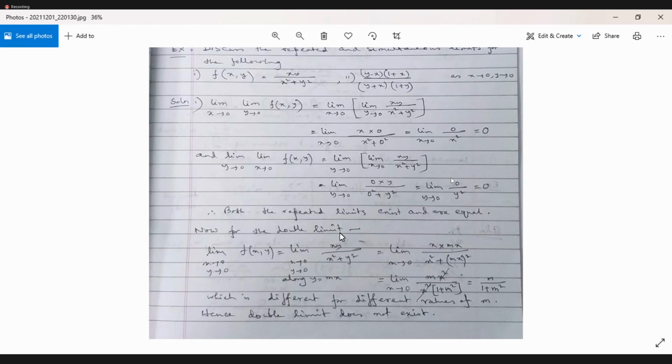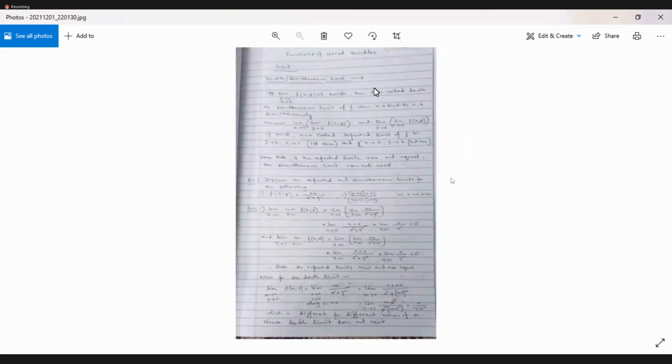The repeated limit, this will be x square into y, that is x square into mx by x square plus mx square. So 1 x square will get cancelled out, 1 x will be remaining in the numerator. If the function was x square into y, then x will be remaining in the numerator. Therefore, as x tends to 0, this will be equal to 0. Is it clear? So in that case, limit is unique. Limit exists. Have you understood it? Or let us do the next one.